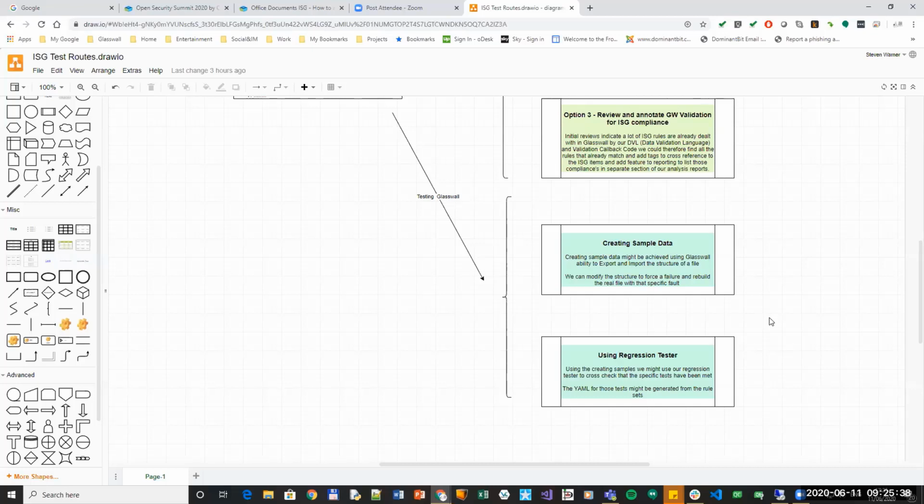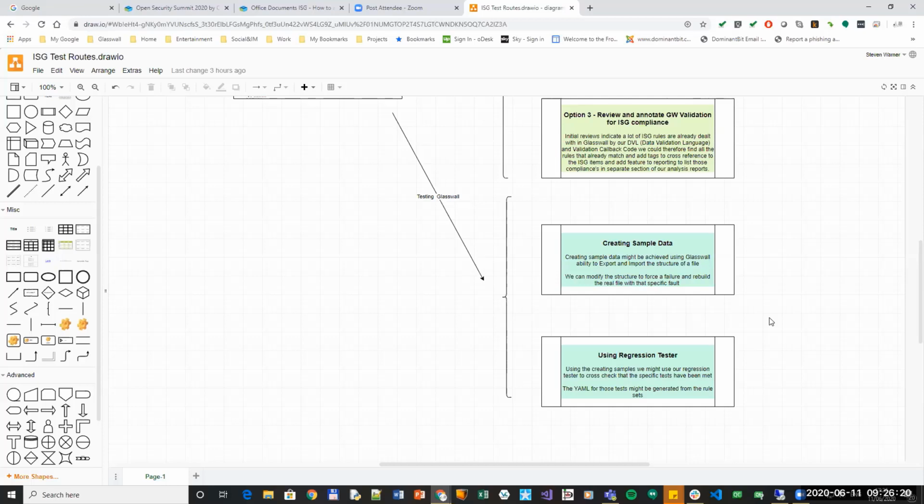So it will take a file that we've got a known issue in, a known piece of data that should be present that indicates that there was some container that shouldn't be there, or there is something in our report that would indicate too many of a particular item is present. We run that test file through the regression tester, and then it will look at the YAML file that tells it what to look for in the output file to confirm that the necessary change and fix actually occurred. And that will give us a pass or fail as proof that our camera or our system carried out the necessary test, and that can then be run on